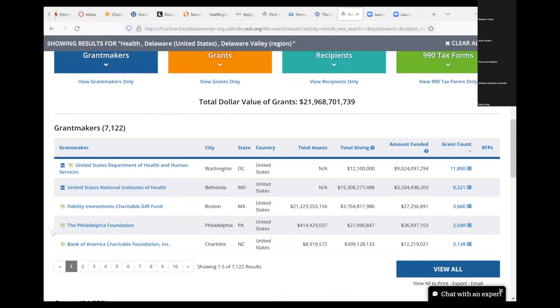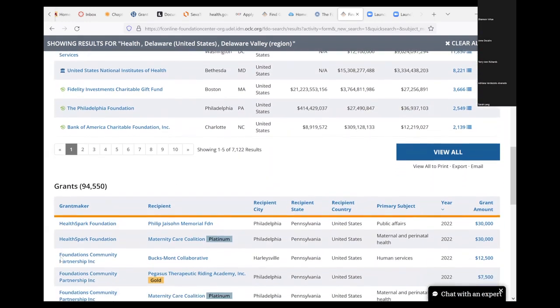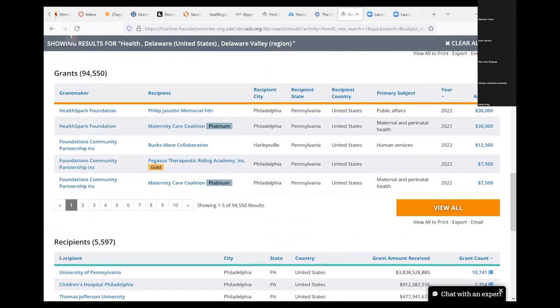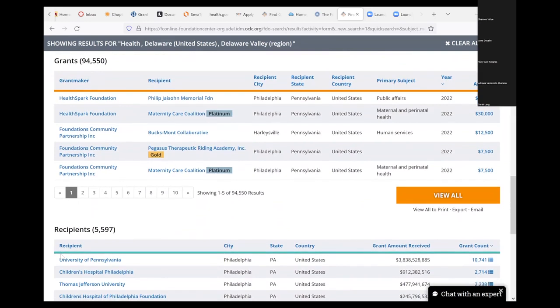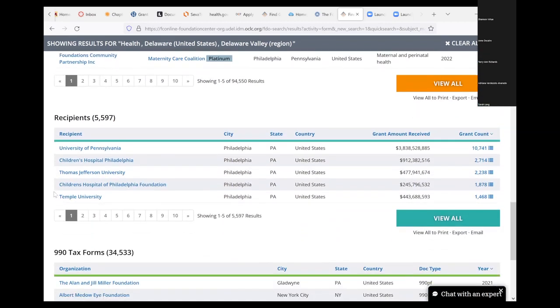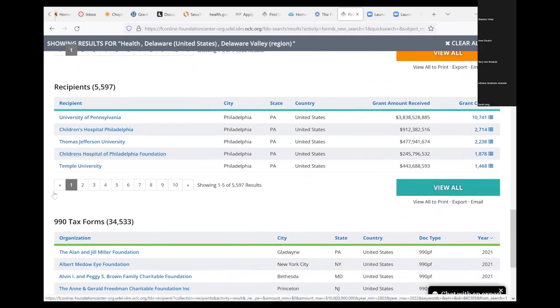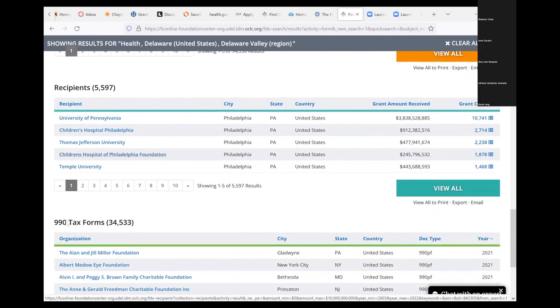Go ahead, Terry Ann. Okay, just from the layman's and the community's perspective, if someone doesn't really have a lot of grant experience, maybe that's something you can put on the website, just starting off. Sometimes when you look at it as a whole, it gets daunting, but if you have the initial steps that you would have to take, that can be helpful as well.